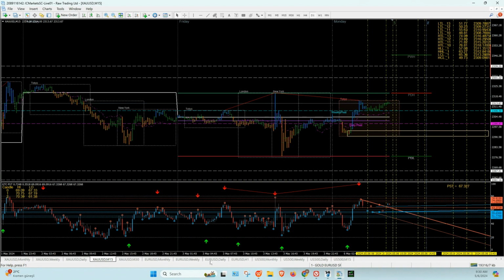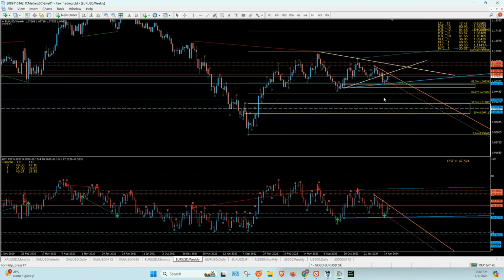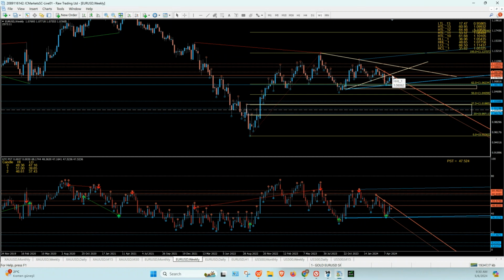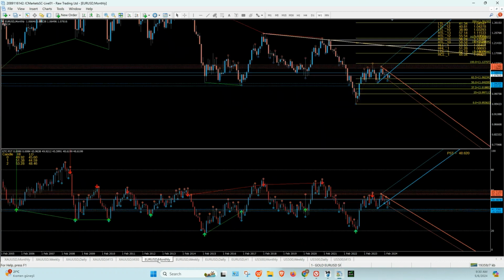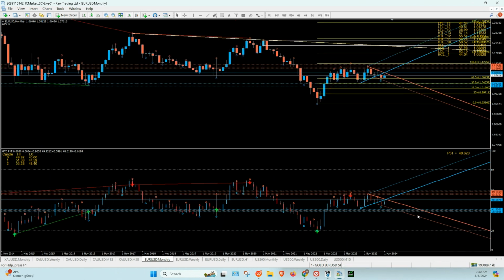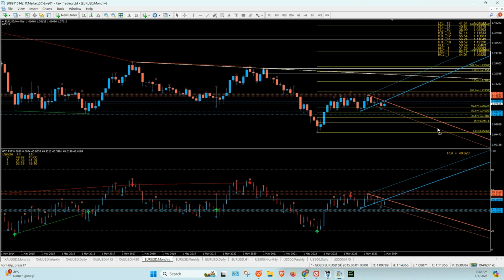Euro dollar, let's take a look. It's a new week. Now last week we said we'd get up into that zone, fine, that's the resistance. Let's take a look on the monthly. We're here as well on the monthly. That's a good buy kiss. All right, on there. So what's the high of that? Pretty much done it, 49.92 to 50.58,